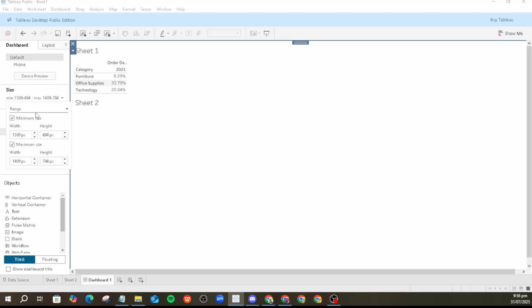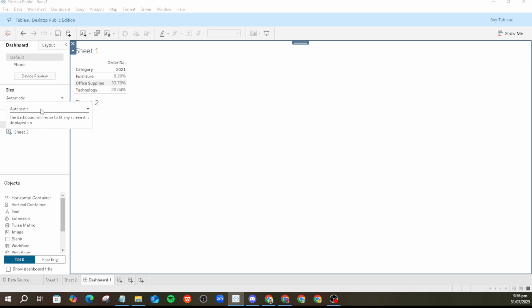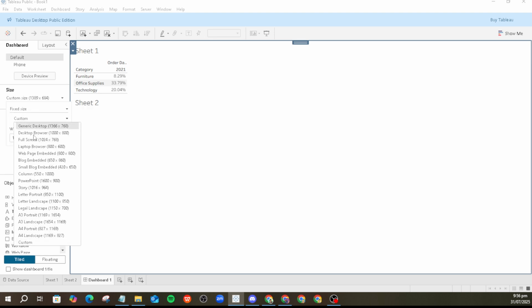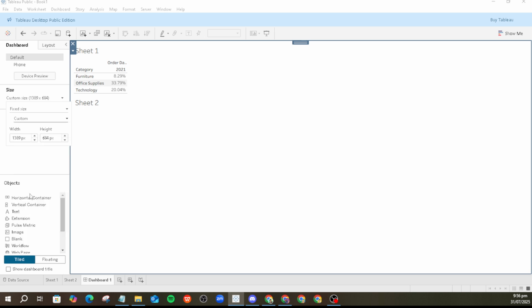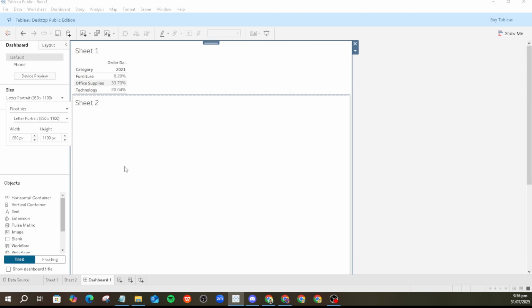settings. Furthermore, under the custom settings, there's an opportunity for user-specific sizes. This is particularly useful for dashboards intended for web or mobile views, where varying screen sizes are the norm. By setting these custom sizes, you can guarantee that your dashboard will look as intended, whether it's on a desktop